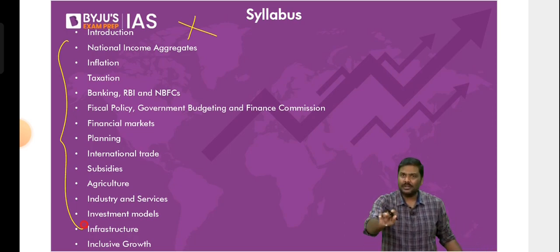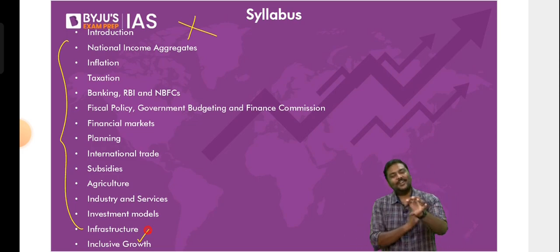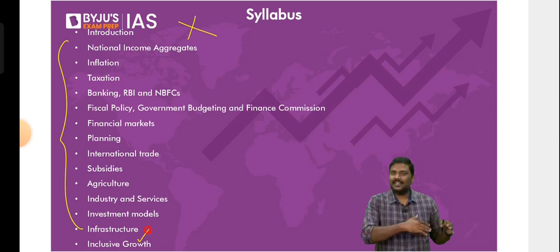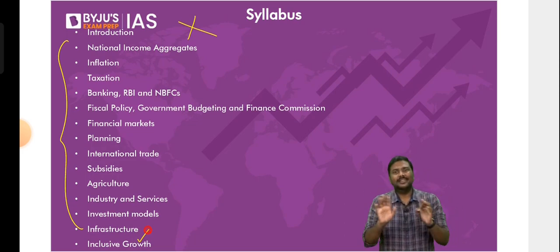There is one chapter I can simply point my finger at. That is the concept of inclusive growth. Don't worry about inclusive growth now. On the chapter of inclusive growth, the questions will appear in the UPSC mains. But apart from that, if you ask me, sir, is there any other chapter exclusively for UPSC mains, which I don't have to cover for UPSC prelims, there is no such other chapter.